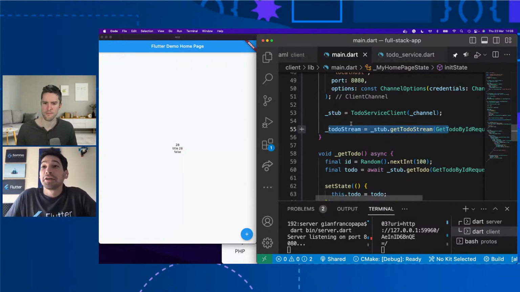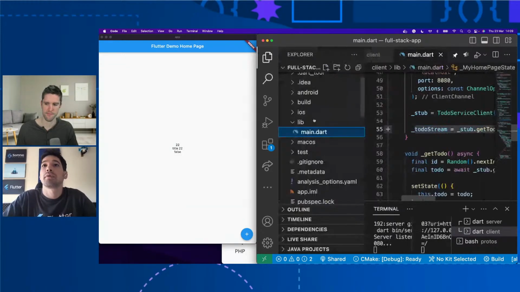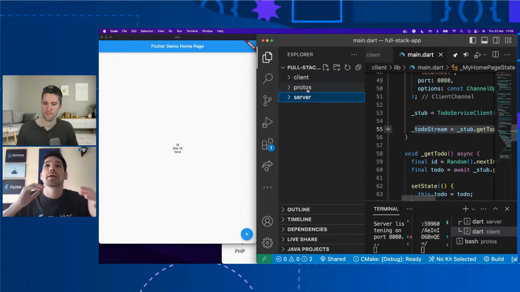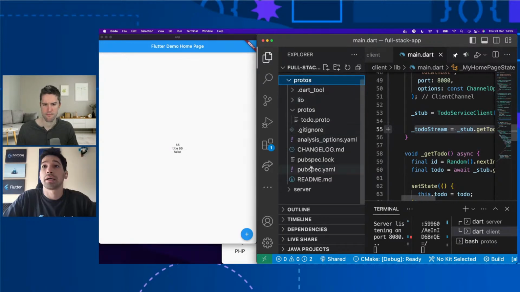Of course. Okay, so that wraps up the whole implementation of the full stack app, with our client, with our server, with our product package, everything. We can share this package between client and server. We saw the implementation of a method that is streaming information.